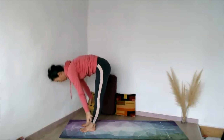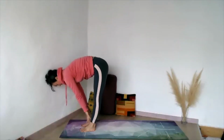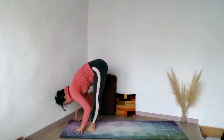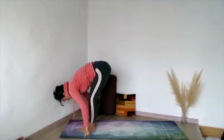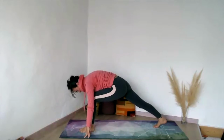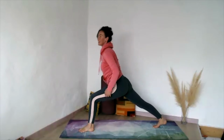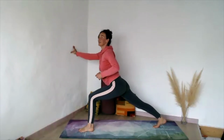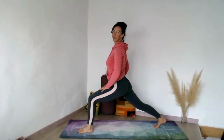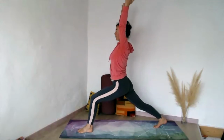exhaling, folding forward, inhaling, half lift, exhaling, again, folding forward, hands on the floor. We step the right foot back, we keep the front knee bent, and we slowly come up into a high lunge. So pressing on the back heel, we bend the front knee, we lift the arms, looking forward,